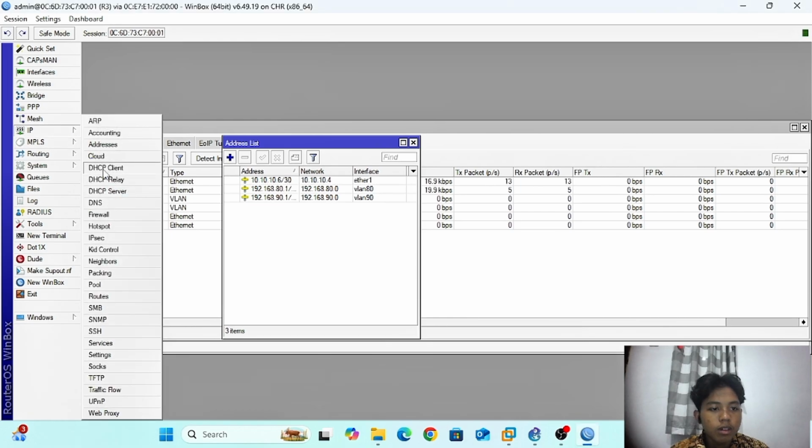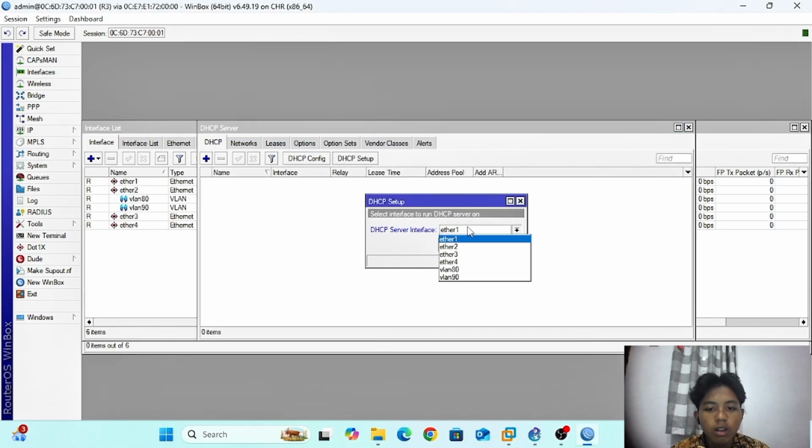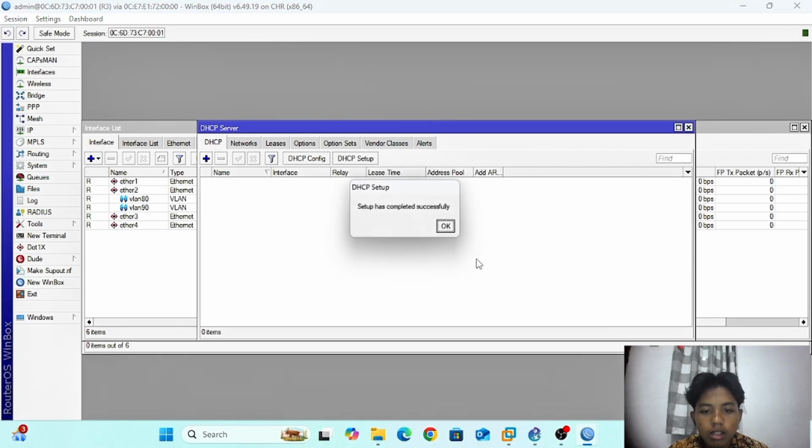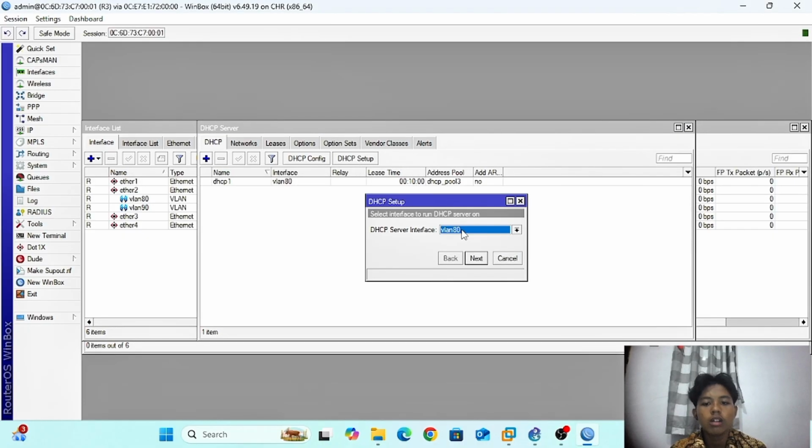Then go to DHCP server and DHCP setup VLAN 18. Next until finish, and the same for VLAN 19 DHCP setup.